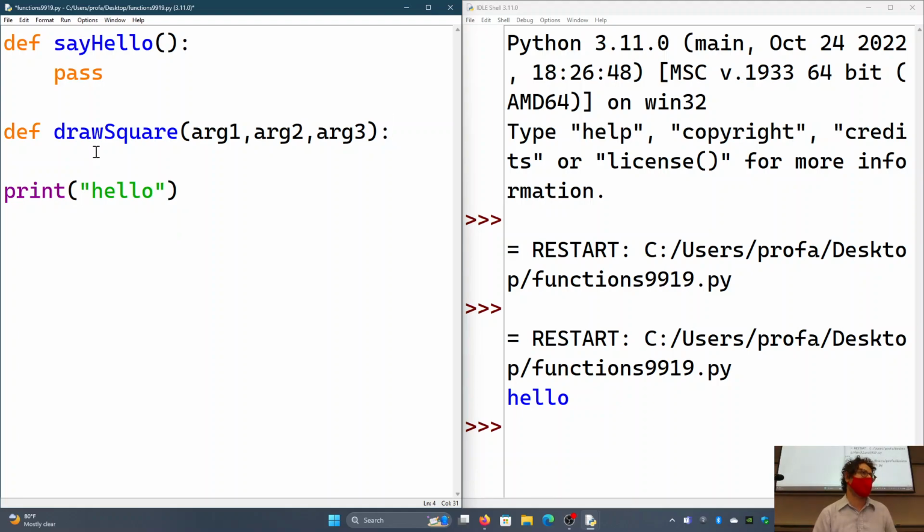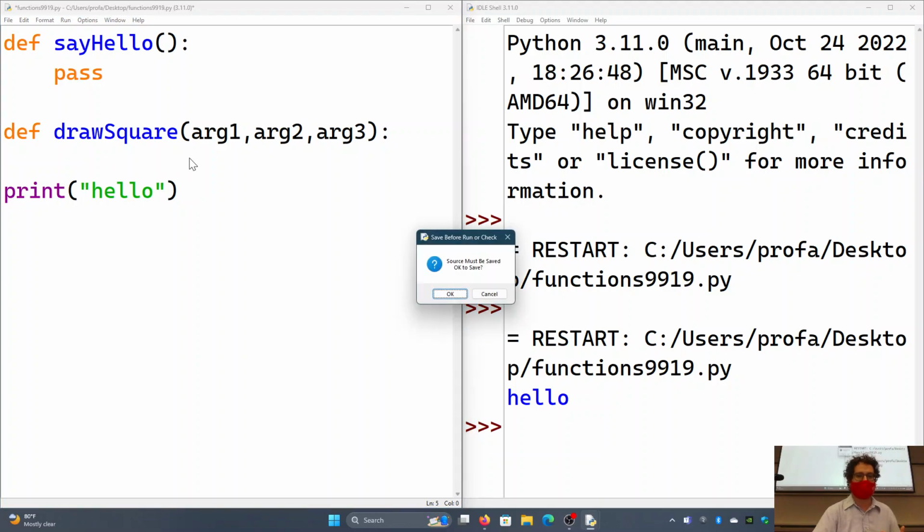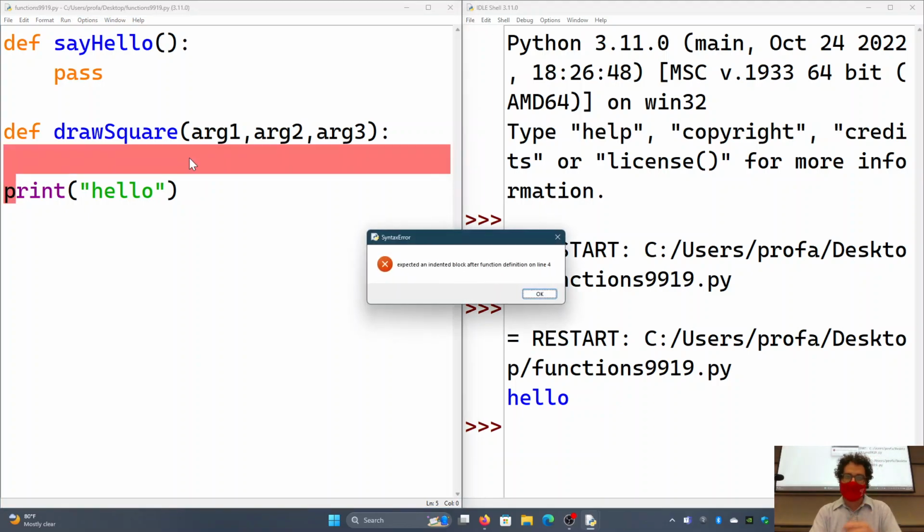Now, if I remove this line that says pass, which would have happened, and why would this happen? Because my homework has some example code headers for you to copy in, and if I didn't put in the pass, this is what would happen. You'd paste it in, you'd test the code, and it crashed saying, and this is hard to read at this distance, expected an indented block after function definition on line 4.